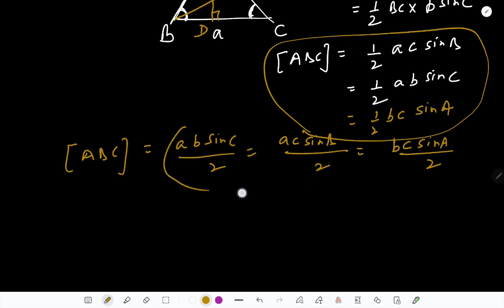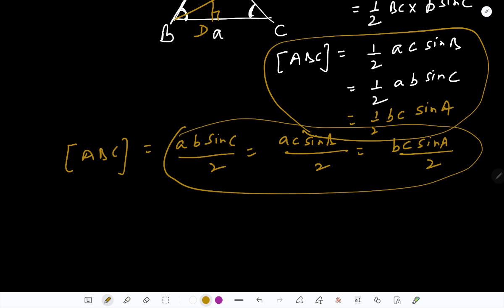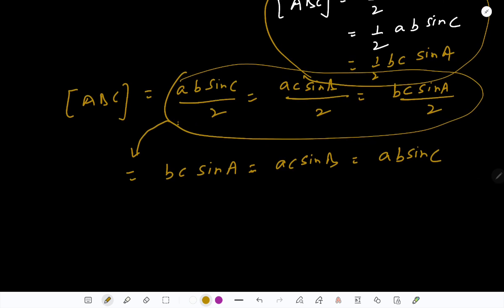Focus on this equality. You can easily cancel the 2, and you can write something like BC sine A equals AC sine B, and that is equal to AB sine C. And if you divide this equality by ABC, divide each term of this equality by ABC,